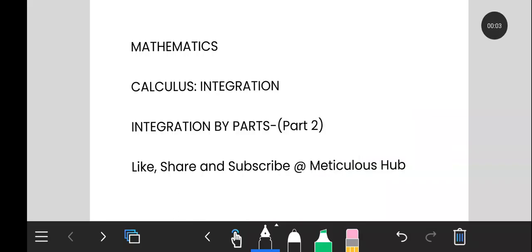In this tutorial, we're going to conclude integration by looking at integration by parts. We've already done the first part of integration by parts, and this is now the conclusion, just to cement the